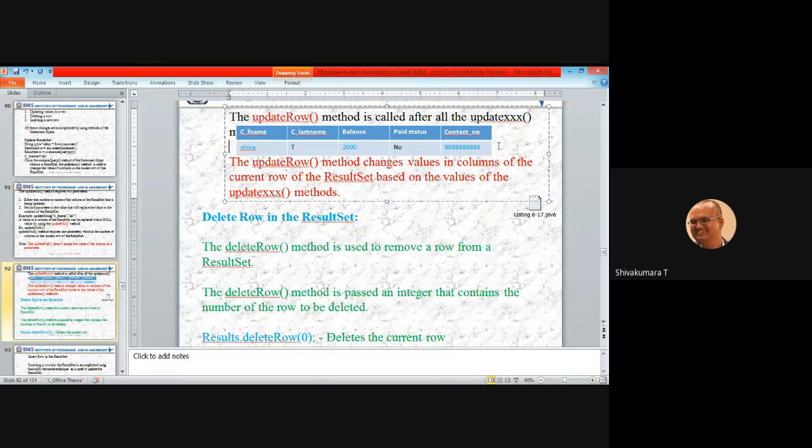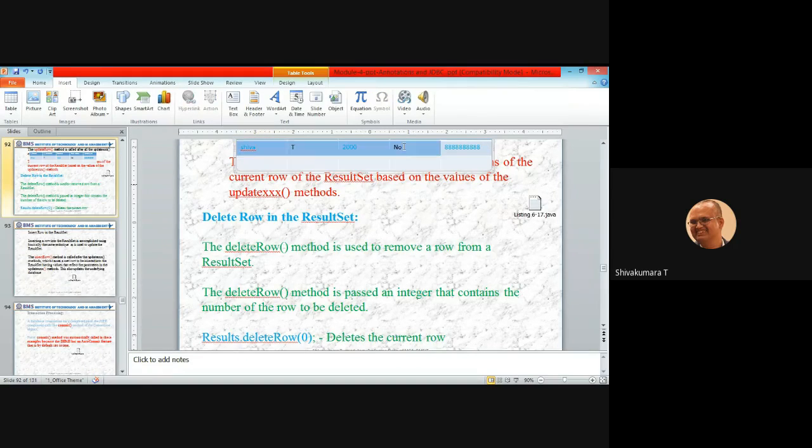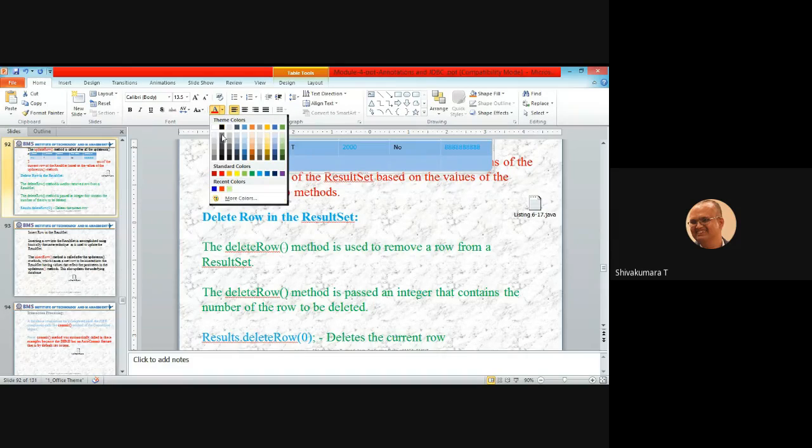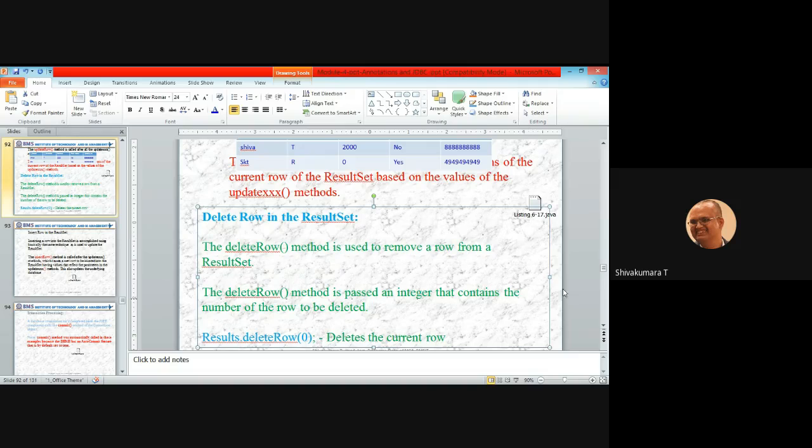Suppose you have one more table value, with balance 0 and some paid value.